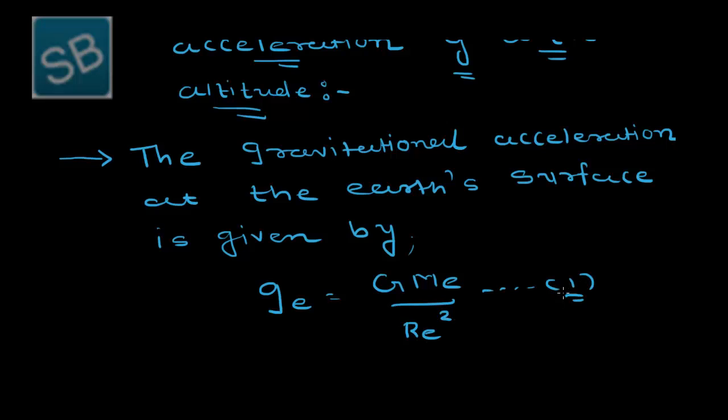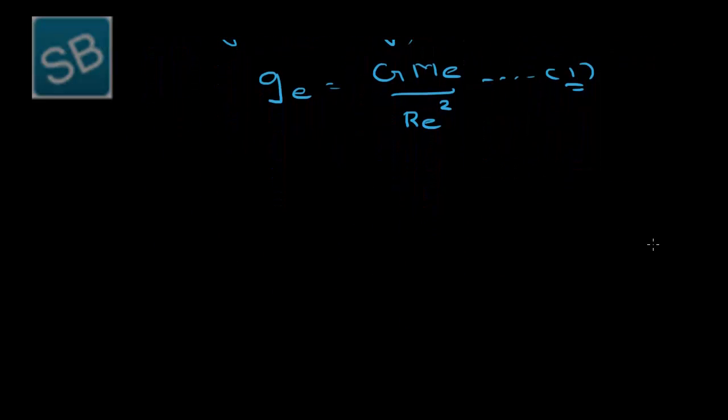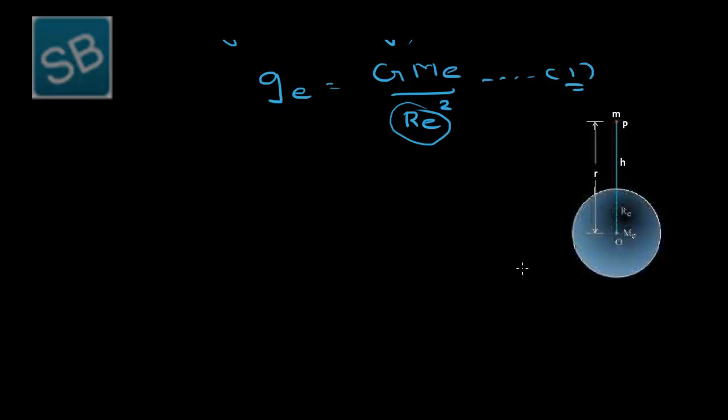So this is the first equation, and this particular value exists at any point of the earth, and the value of this gravitational acceleration is same. But what happens when there is a variation in the altitude of an object? For that there will be a change in the radius, and with the change in the radius I can find out the gravitational force on that particle and the earth surface. So for that I am giving you one arrangement. So here you can see the arrangement.